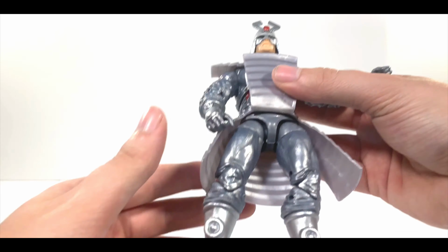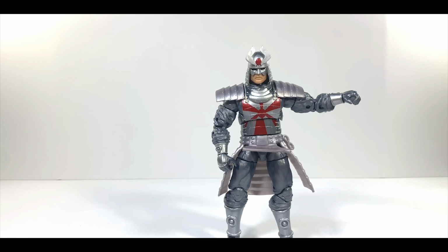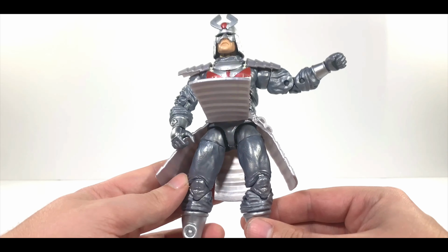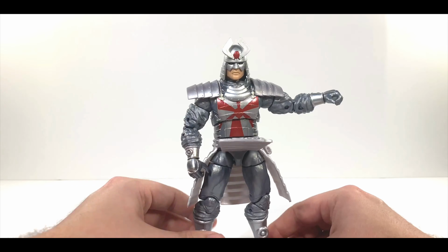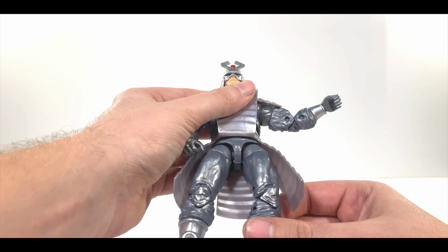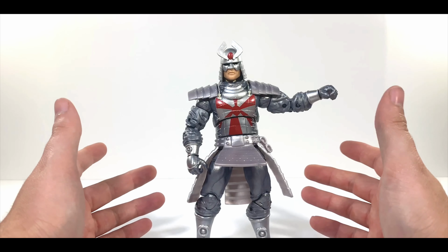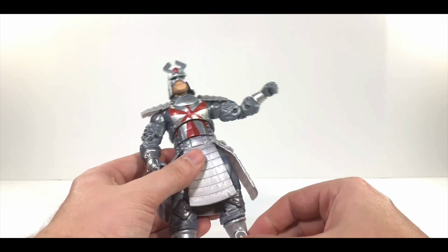So this is really awesome. Upon further inspection, I'm looking at him and I'm like, his legs look weird. And I think he has two left thighs. I mean, look at that and tell me that doesn't look weird. Hasbro, what are you doing? Like, how does that happen? Now I'm not happy, but two right thighs? Really? Really? Come on now. I mean, luckily it's kind of covered by the skirt, so I don't know if I'm going